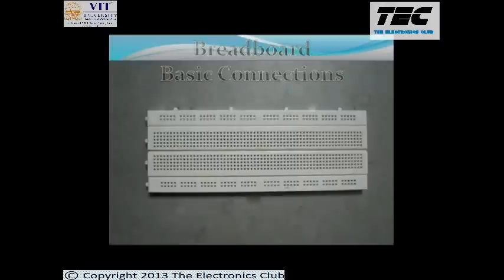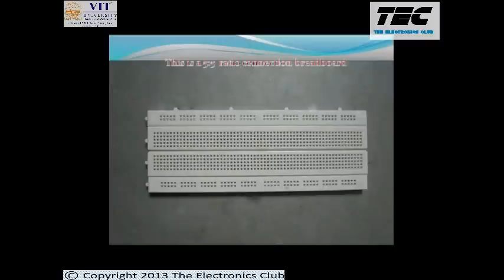The breadboard shown here is a 5:5 ratio connection board. It consists of 5 blocks connected in series with each other. Similarly, on the lower side of the board, these 5 blocks are connected in series. Now, the yellow vertical lines being marked here are also connected in series with each other.